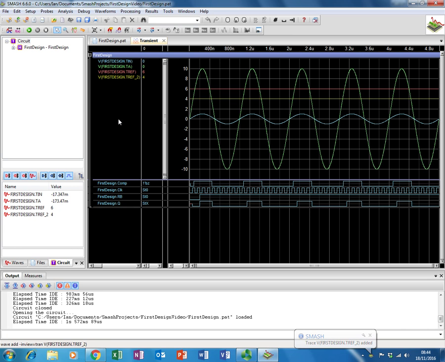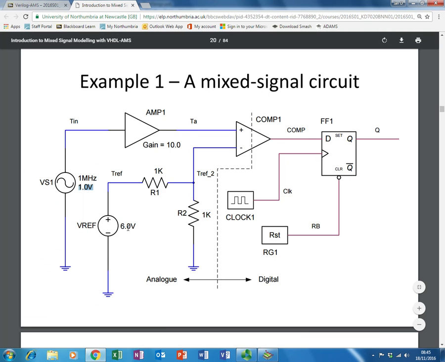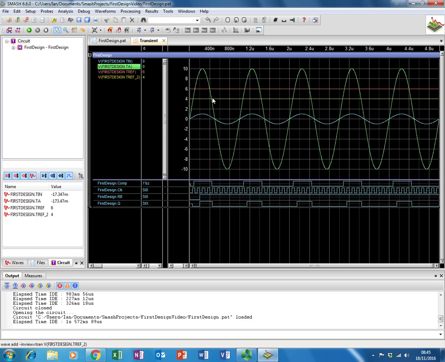You can see now that Tref over 2 is 4 volts, because Tref is 6 volts, and that means Tref over 2 is now 4 volts. So the yellow line is actually where the comparator is comparing with the TA, and if we zoom in, we can see